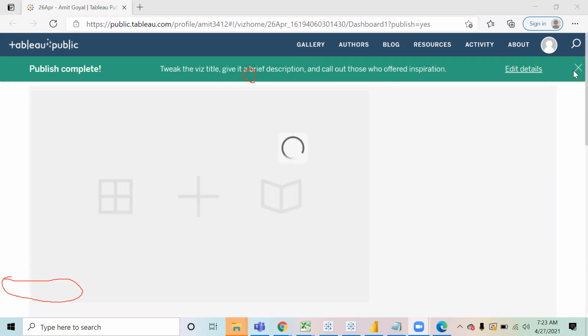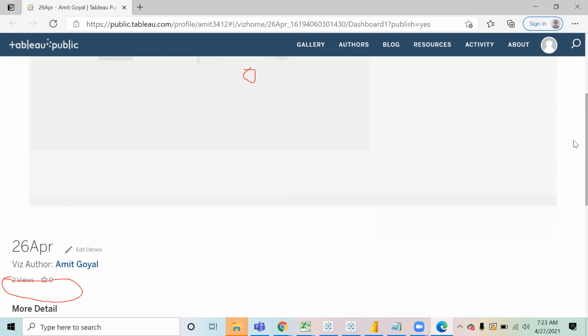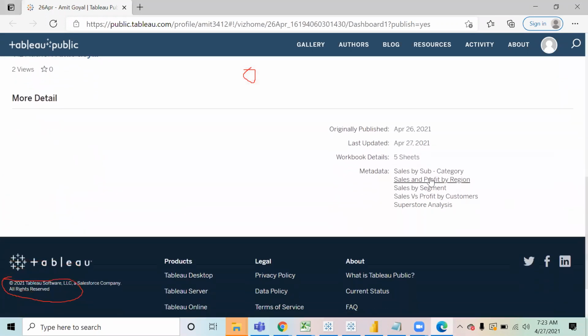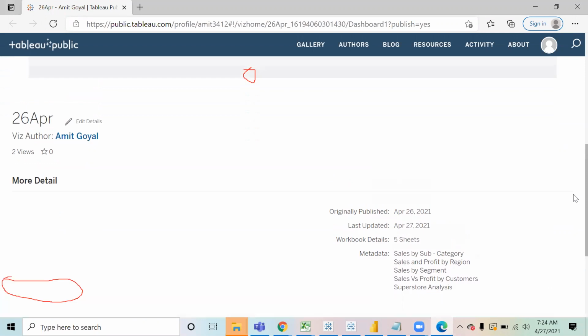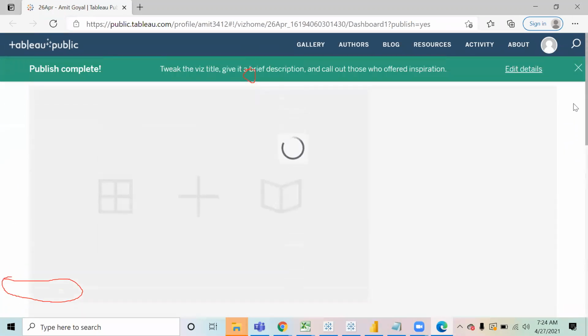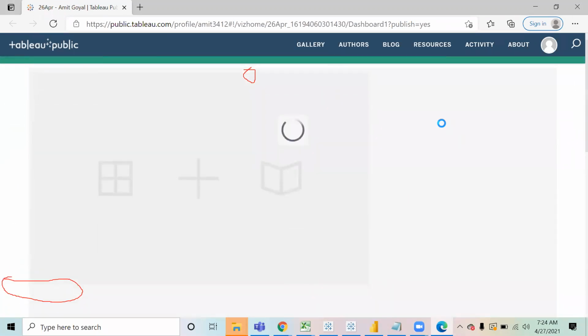What happens is all the sheets are visible. Just loading the sheet in the meantime. I'll show you: when you scroll down, at the bottom you will find all the sheet names. Whatever sheet you click, it will show you that one. Okay. In the center page, it will show only the picture representation, and at the bottom I can select the sheet that I want to see. Right. Okay. Thank you.